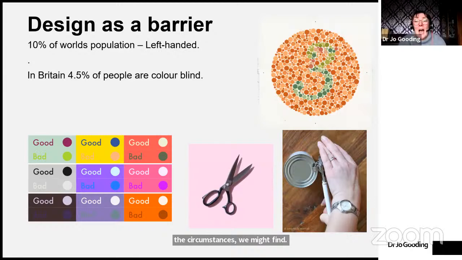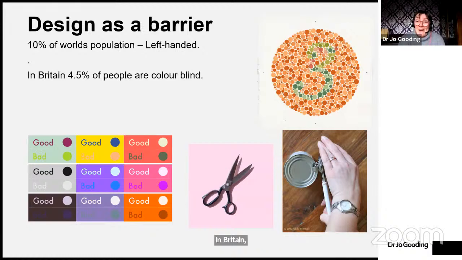So design can be a barrier to lots of people. My son is left-handed, and I see this every day. So I'm putting on the slide that 10% of the world's population are left-handed, and if you try to open a can using a can opener, or use a pair of scissors, design can be a barrier in terms of product. We talked about environments, kitchens, but also visually. I'm putting a slide up of color contrasts as we're all moving into this digital world. In Britain, 4.5% of people are